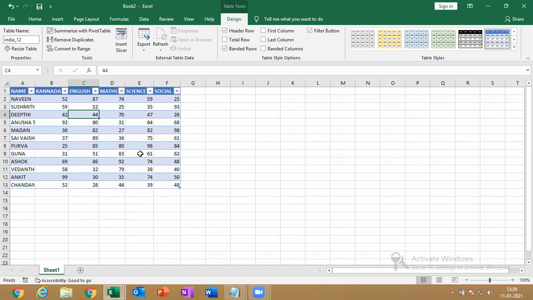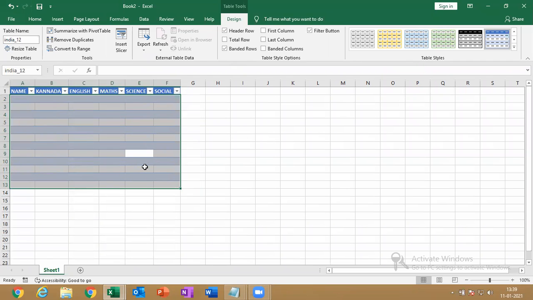Okay. So once I press Control T, enter, automatically it will be converted into a table, and you will be having table tools and the design tab. From the first, please watch carefully. This is the third time I'm doing that same thing.